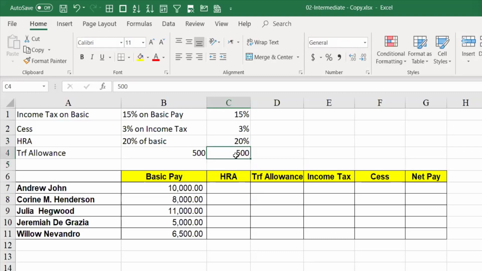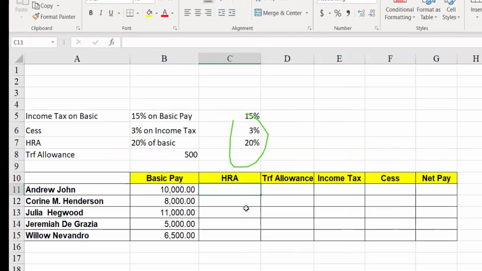Or I don't want it here because in the HRA, we'll put the formula. HRA, what we said is 15% of your basic. So equals 15% multiplied by your basic, and press enter. And I will copy the same formula down.